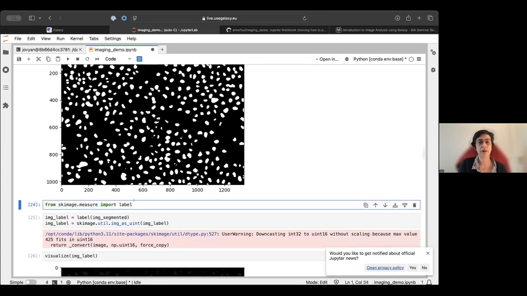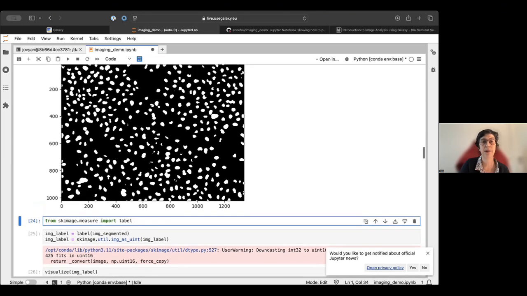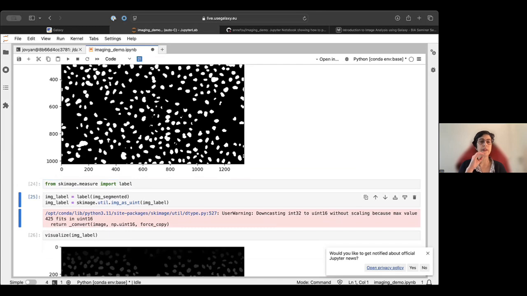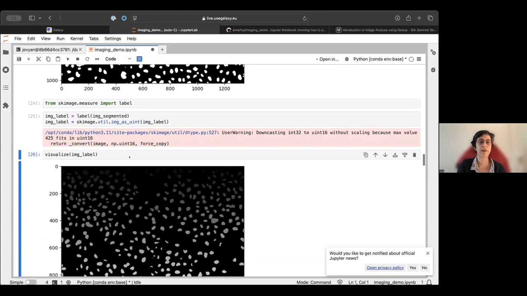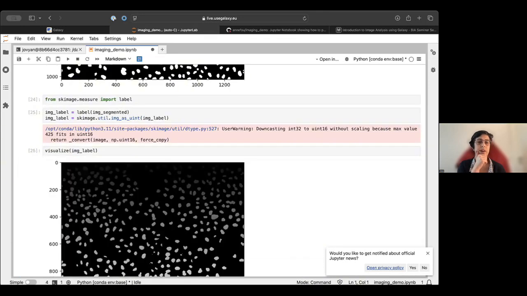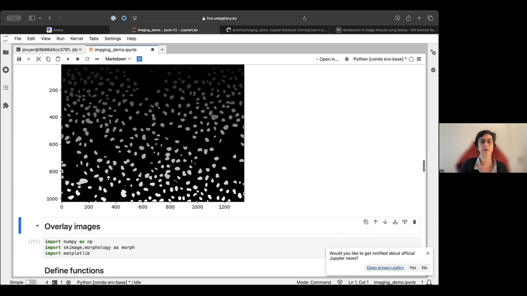So here, again, we can do this labeling as Leonid did, where we can give a label, a value, for each of the cells here, using this skimage measure label function. And again, I will run it as usual, and I can again use my visualize function. And similarly, here we have exactly the same as you had, where it's not always very clear, but we have one color for each of them.